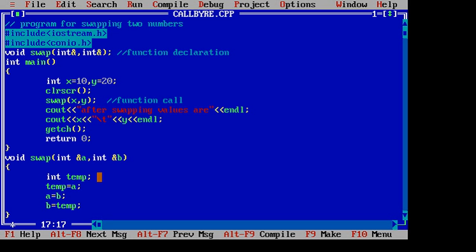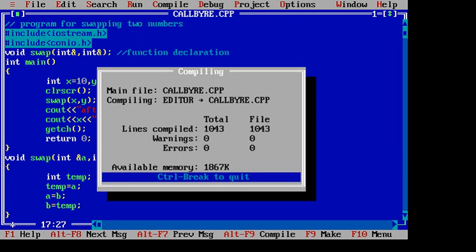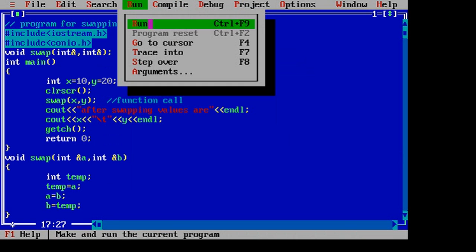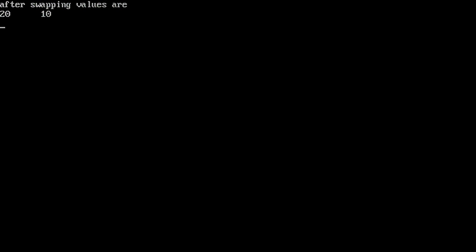Now a is not a local copy of x; instead a is a reference for x and b is also a reference for y. So in this case there will not be separate memory allocated for a and b. So a and b are referring to x and y respectively. In the earlier case a and b had their own memory locations. So a and b have 2 bytes of memory each.